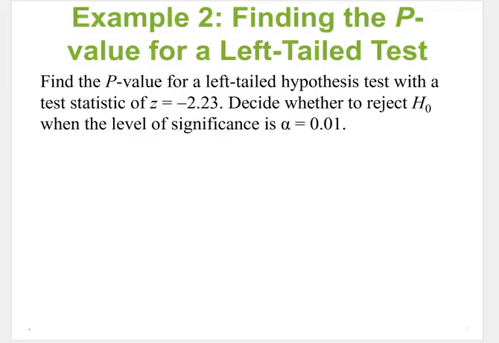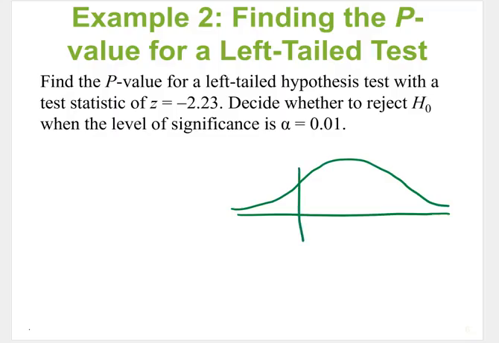This says find the p-value for the left-tailed hypothesis test. So here's my picture, here's my standard normal curve. It's a left tail, and we need to find this area given that the test statistic, this z-value right here, is negative 2.23. So I will go to my chart and look up the value of that area for the corresponding z-score. And it turns out that the p-value for that tail is